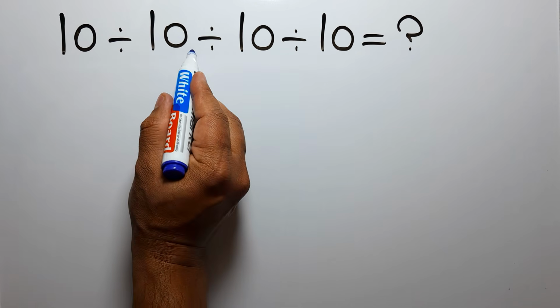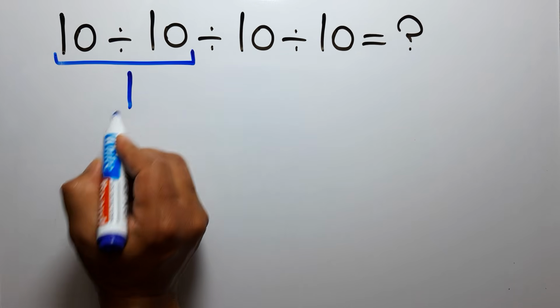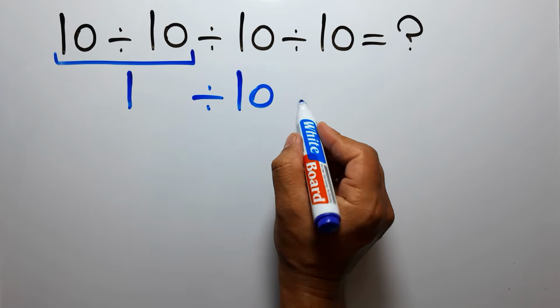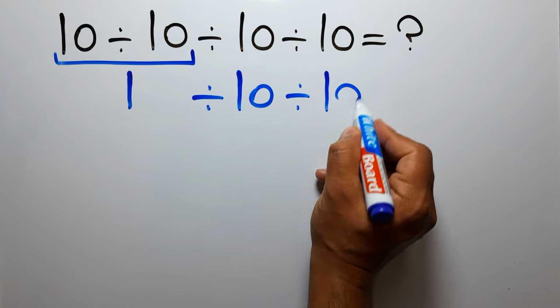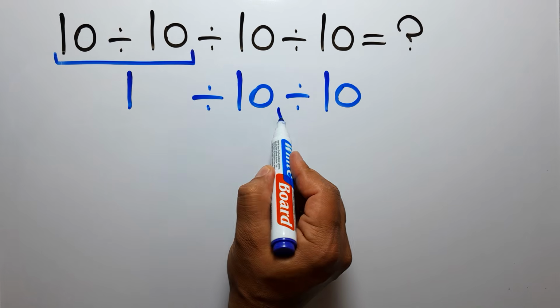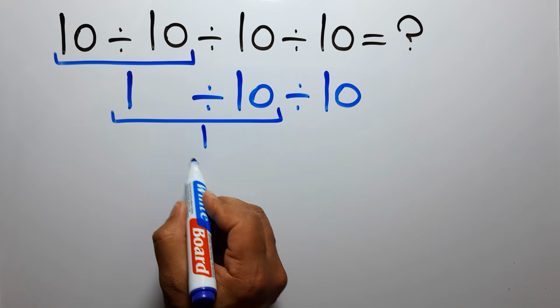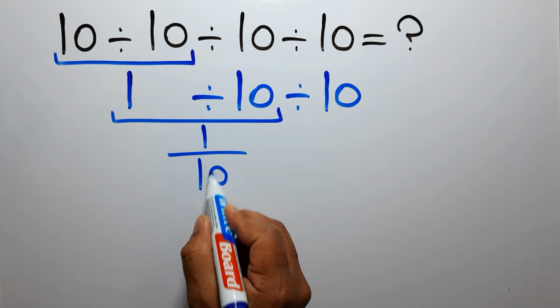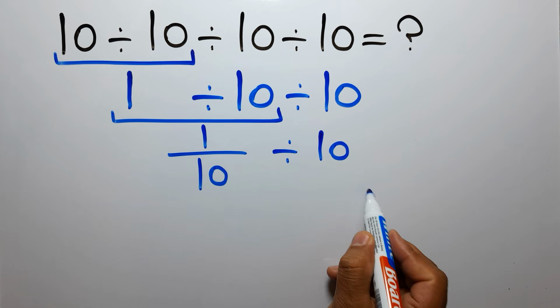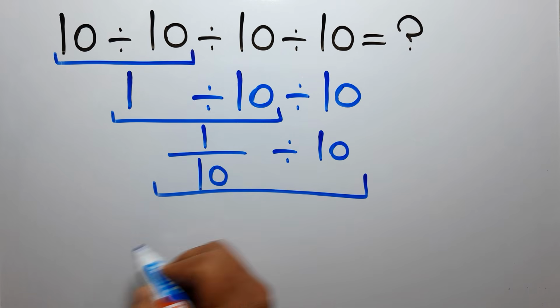10 divided by 10 is just 1. So we have 1 divided by 10. And again here we have divided by 10. Now we have to do this division. 1 divided by 10 can be written as 1 over 10. Then divided by 10. Now, according to the KCF rule,